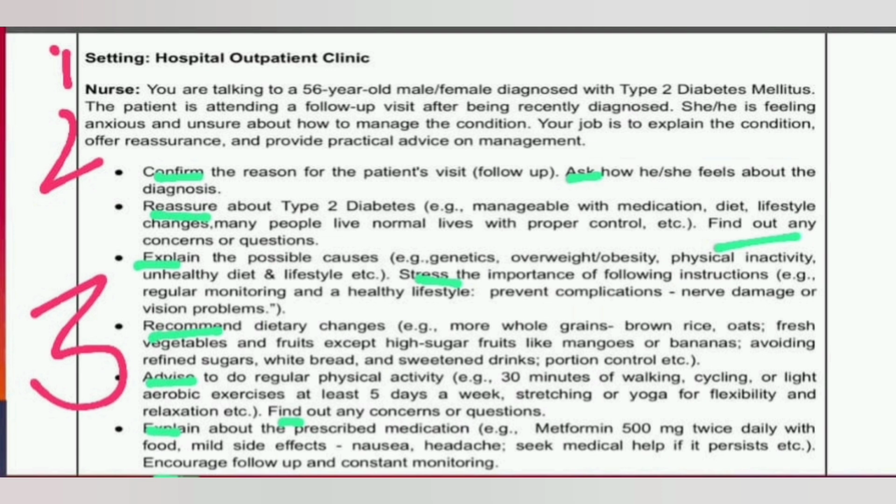Okay, but except high sugar fruits like mango and banana, and also avoid refined sugar, white bread and sweetened drinks,